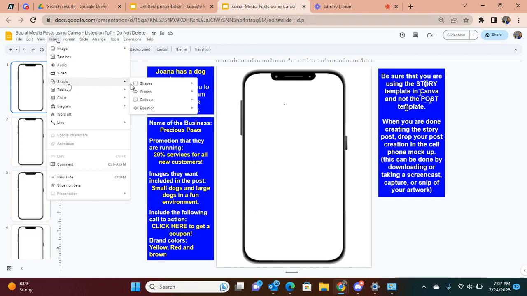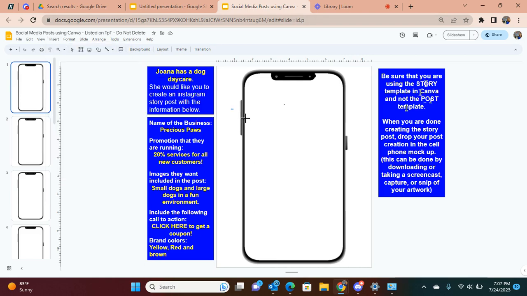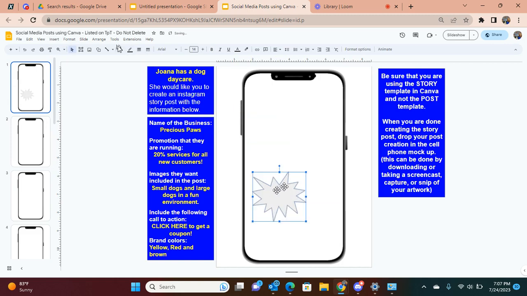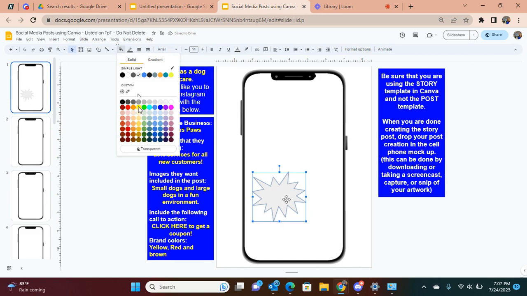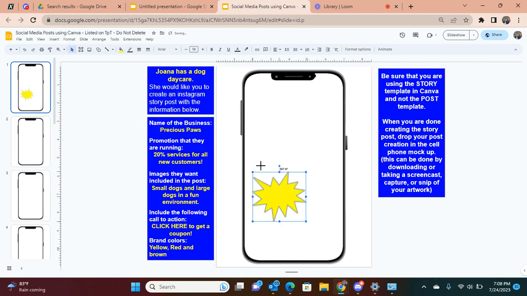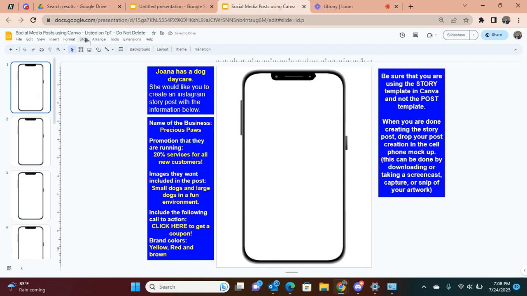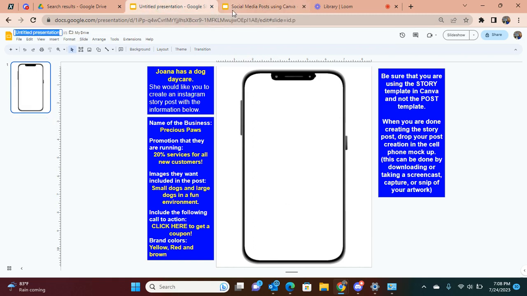shapes. They can go to the callouts and they can insert shapes and put shapes on here. Change the fill to a bright color, flip it around, add word art, and so forth if that's what they would like to do. So I just wanted to suggest that you send one at a time to your students,